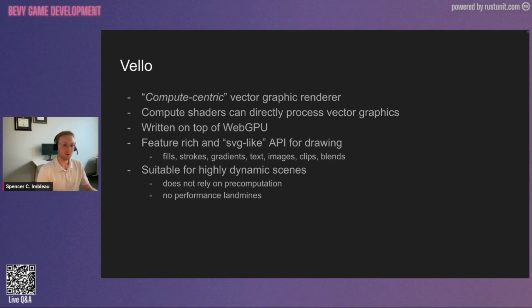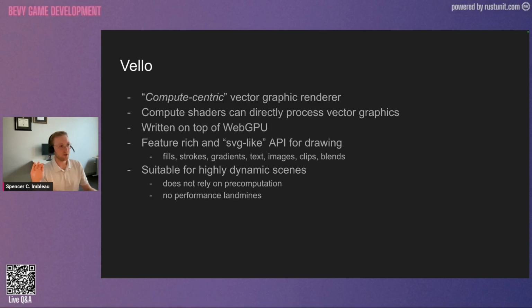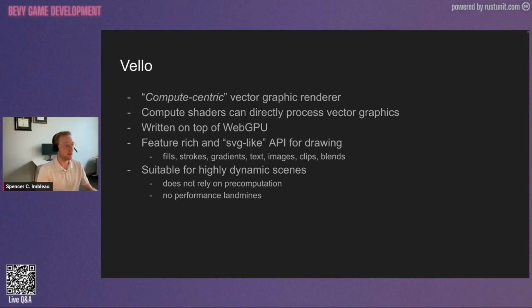As well as there's no performance landmines with Velo. You should see a linear trend of how many curves am I really rendering here? And the linear trend would be the more curves, the lower the frame rate. You're not going to see any cliffs or spikes or exponentiation at all with Velo,